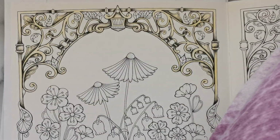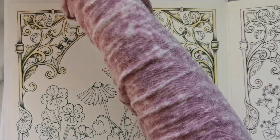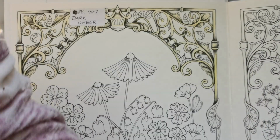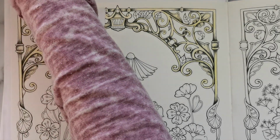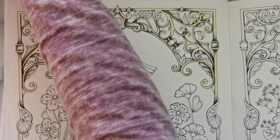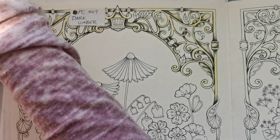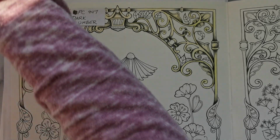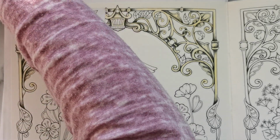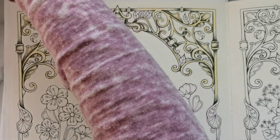Okay, so let's move on to our next color, which is the dark umber. And again, I'm going to put a really sharp point on this guy. He's getting pretty small though, so we'll see if I can even get a point on him. I might have to retire him and grab a new one. Come on. Yeah, I think